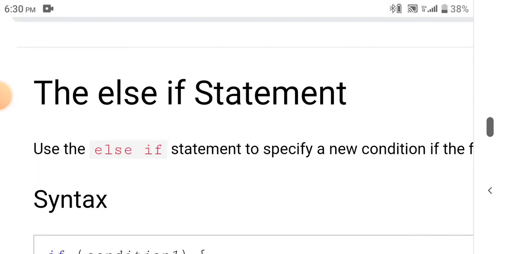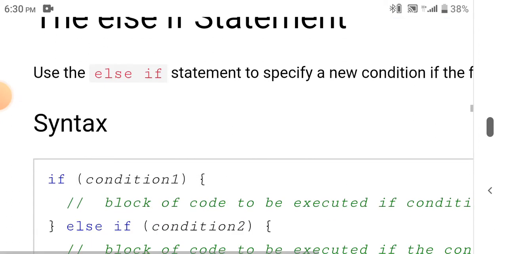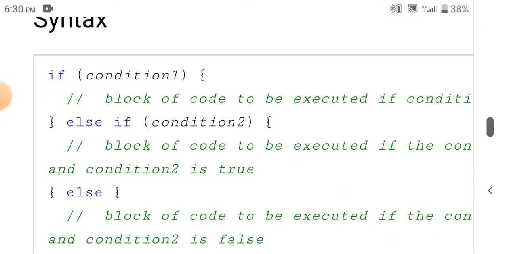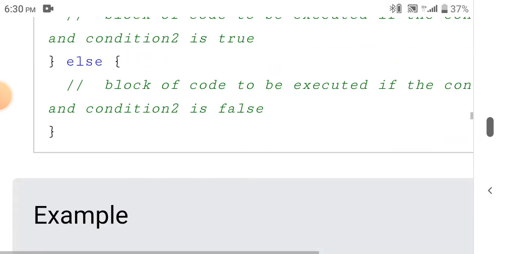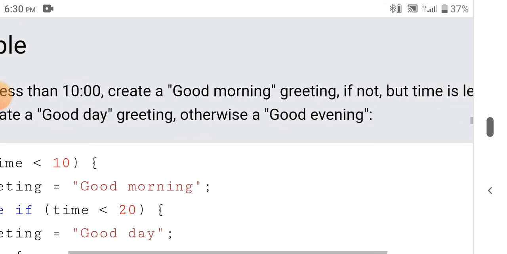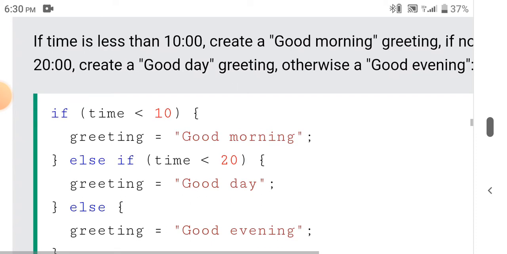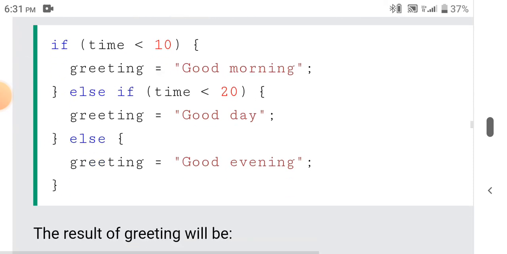The else if statement. Use the else if statement to specify a new condition if the first condition is false. হইতেই পারে if of condition 1 এর যদি false হয় তাহলে else if এর কন্ডিশনটা চেক করবে কন্ডিশন 2। এক্ষেত্রে আপনি যে কয়টা else if মন চাই ইউজ করতে পারেন, শেষে আপনি else ইউজ করলেও করতে পারেন, না করলেও করতে পারেন। Example, if time is less than 10 create a good morning greeting, if not but time is less than 20 মানে রাত 8টার নিচে যদি হয় create a good day greeting, otherwise a good evening. So বুঝতেই পারতেছেন কি হবে।